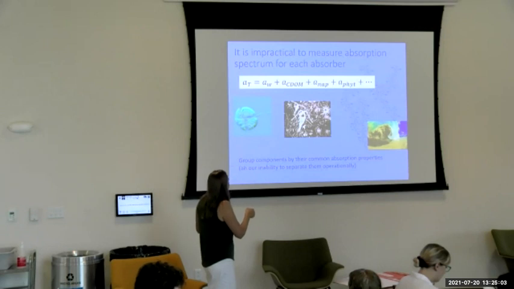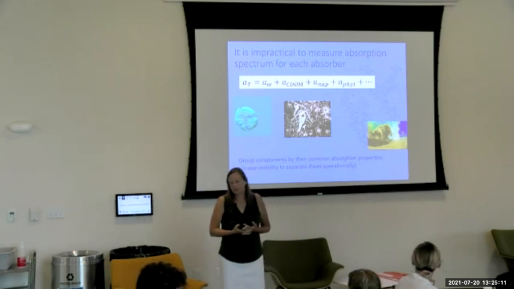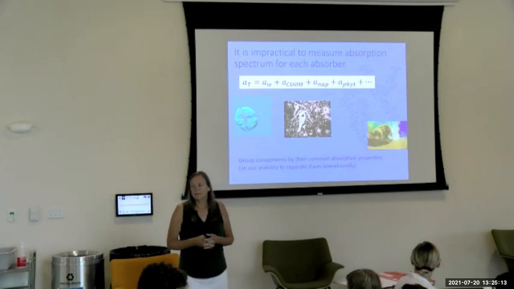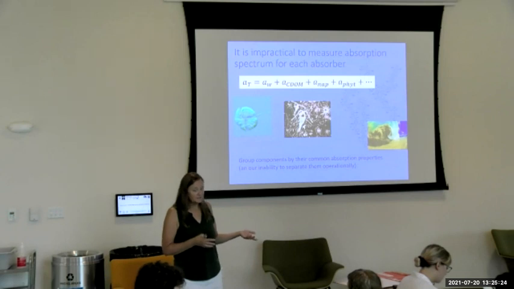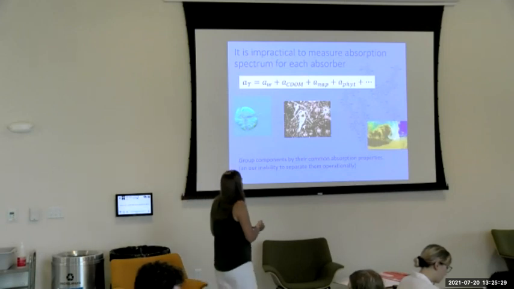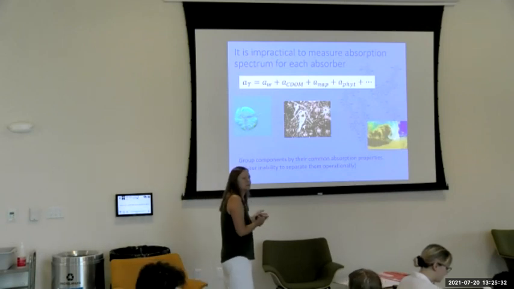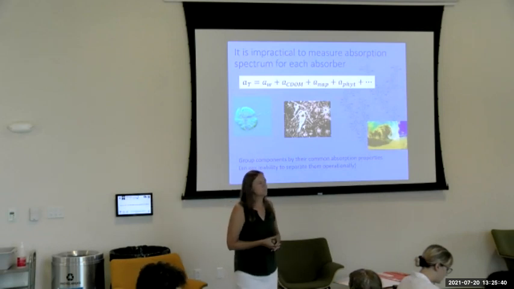But we know that we have water, and then we say CDOM. Well, there are a lot of different molecules in CDOM. Some absorb strongly, some absorb weakly, but let's just filter the water at 0.2, and anything less than that tends to have a really similar absorption spectrum. You can make a career out of the differences, but you can also be like, I'm a grouper. Okay? Let's group those together. So we'll filter it and we'll say everything smaller than that is CDOM. It all looks similar. And phytoplankton, well, phytoplankton are really different, but we'll just group those together